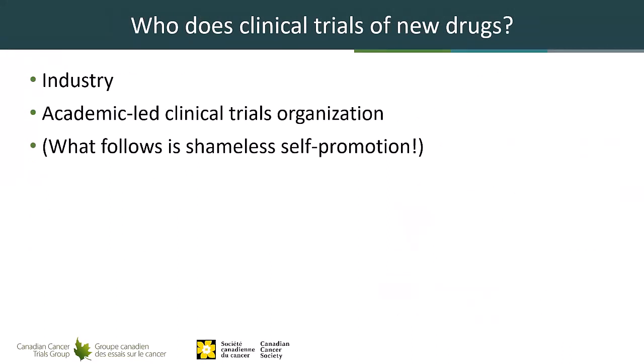All of these are meant to try to improve, if you like, the interest and ability of patients to participate, if they're interested in participating. Now, obviously, industry is the major driver of bringing new drugs to market, but they aren't the only groups who are interested in doing clinical trials, testing new drugs, and defining new areas where those drugs may be effective for